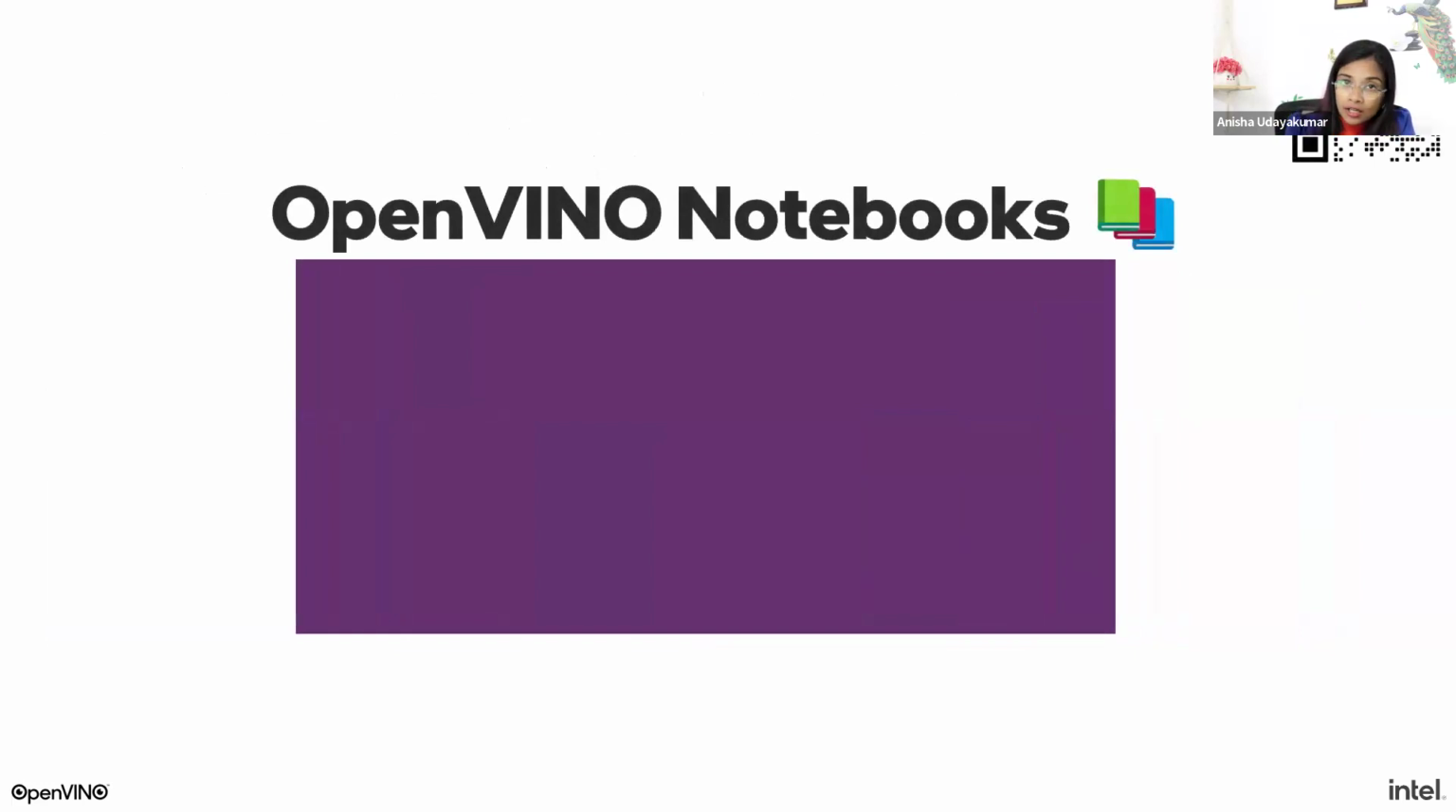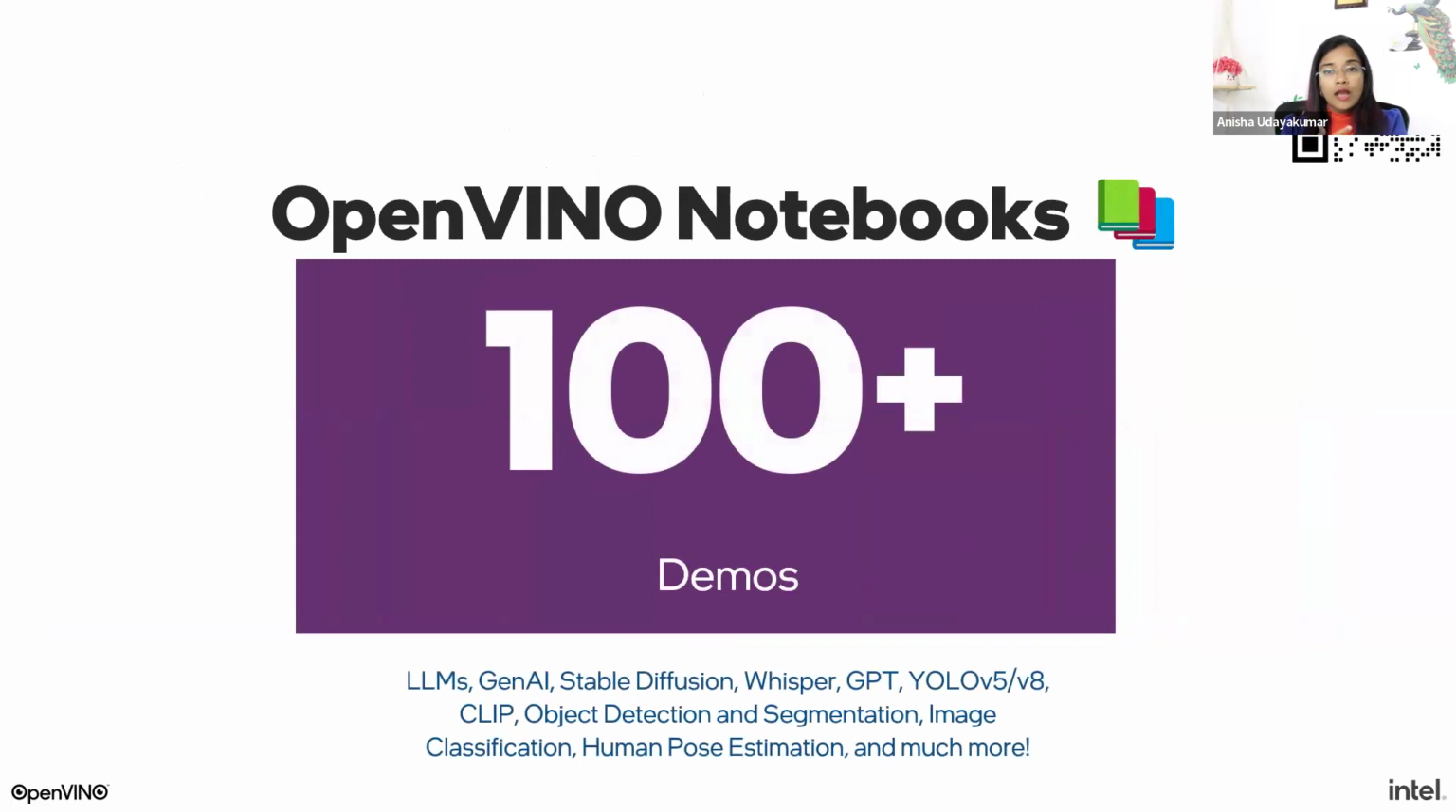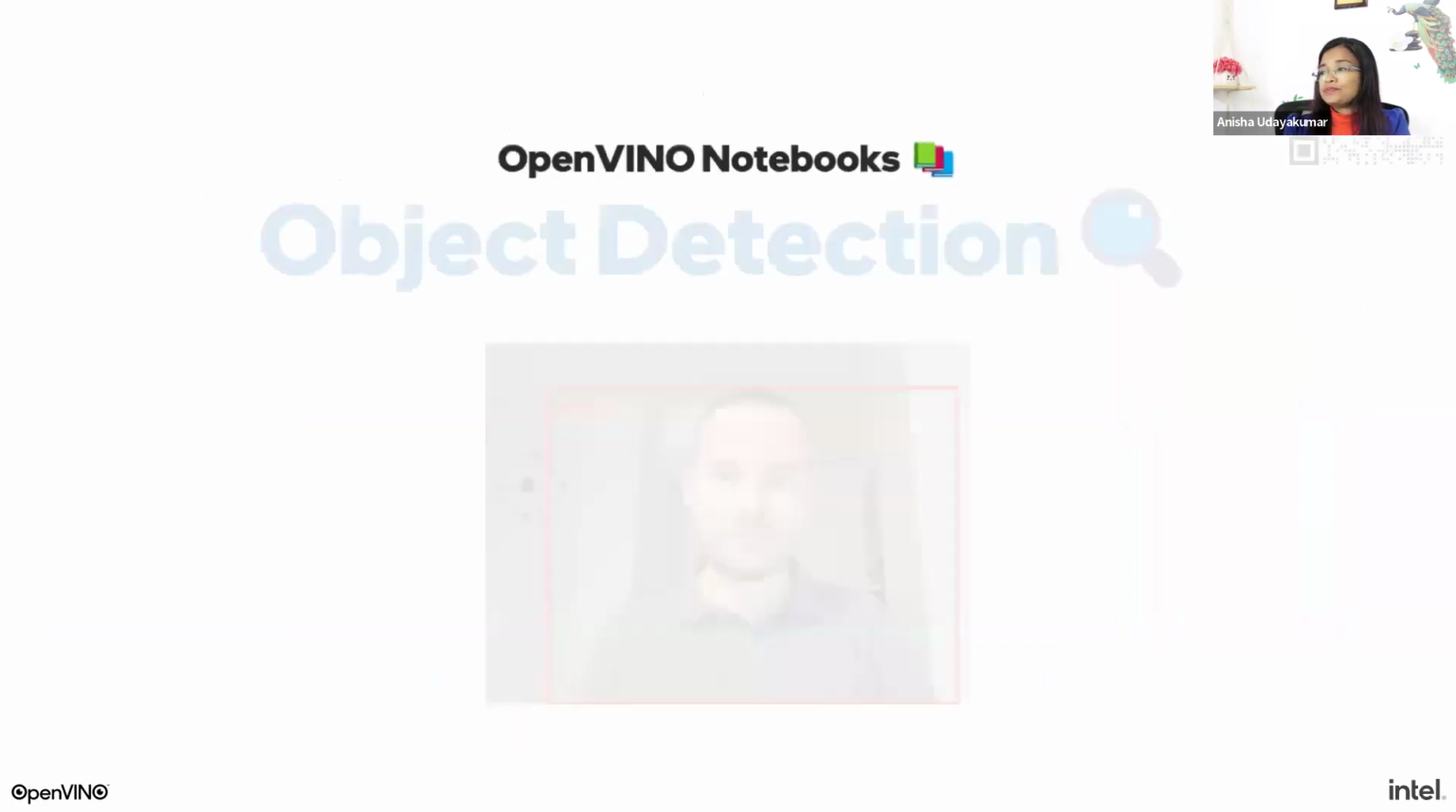And coming back to the OpenVINO notebooks, today, if you go to our GitHub and see, we have 140 plus demos comprising of LLMs, Gen AI, you name the model, you name any AI model, we have it. We try and support how you can leverage OpenVINO, optimize the model,